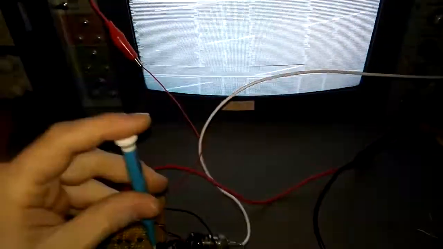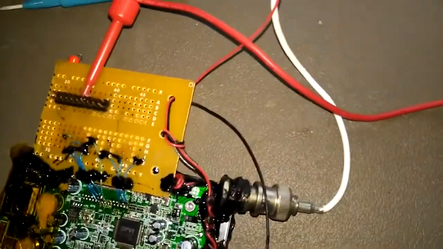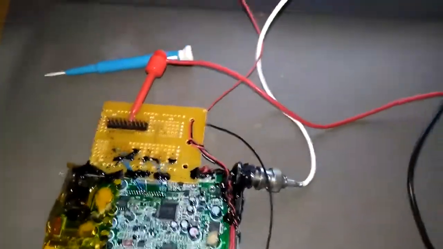I can probably get it to, no, that one's way off. But there's, for example, green, I think. You can see that